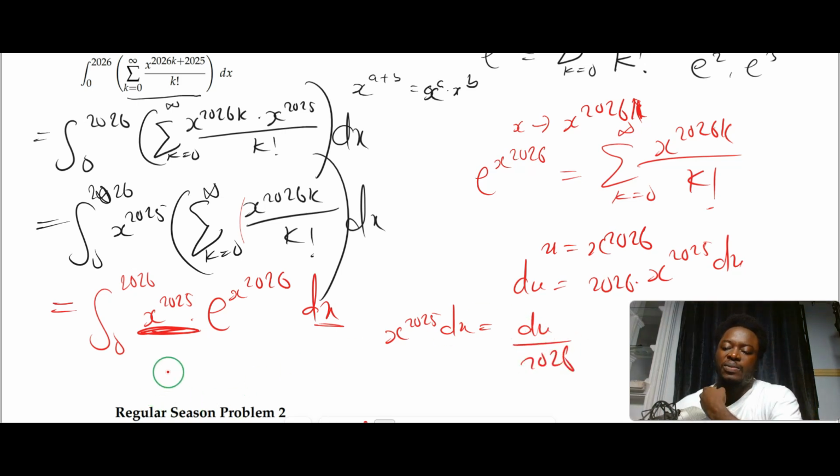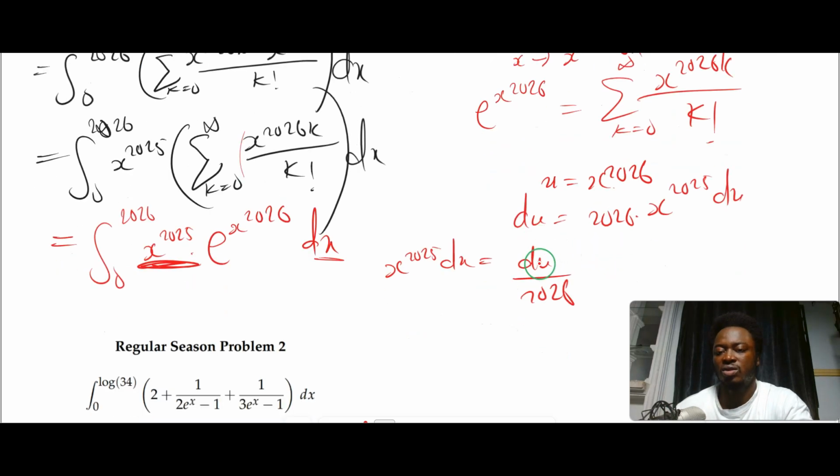And what happened to the limits of integration? Observe here that when x equals 0, u would be 0. When x is 2026, u will be 2026 to the power of 2026. So we can write this as